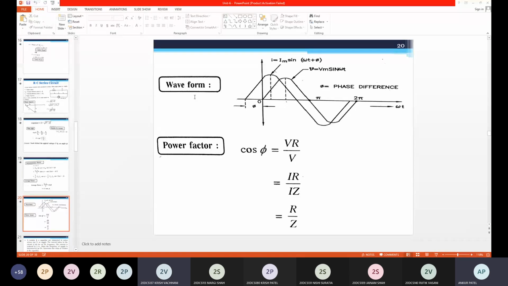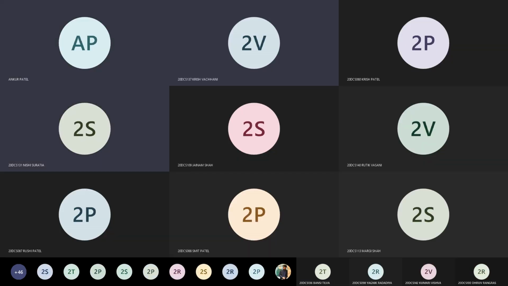Sir, the XC would be lagging behind by 90 degrees. In the earlier phasor diagram, we had the quantity of voltage. So here in the impedance triangle, what do we have to show? Yes, the load. What kind of load do we have for this RC series circuit? Capacitive reactance and resistor. Yes.